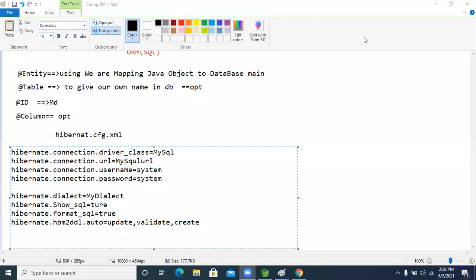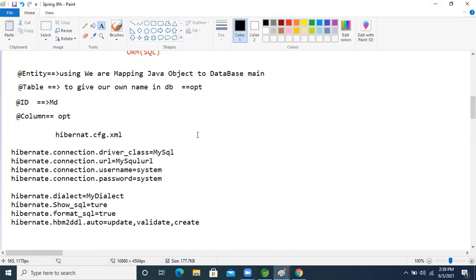Okay, guys, these things are already covered, right? Based on these things only, I will reduce the code. Then you people have a clear picture, because of that I'm explaining. I already explained these things in Spring also. So, fine now, guys.